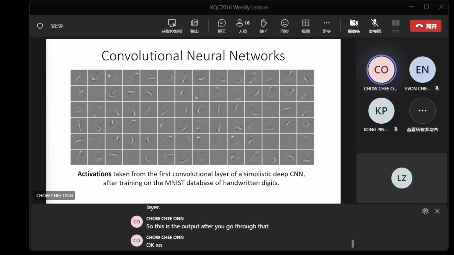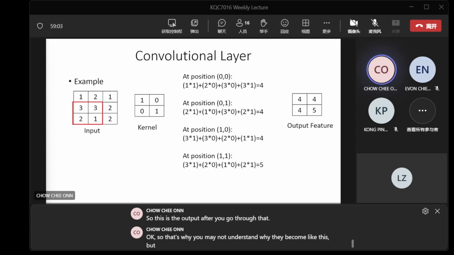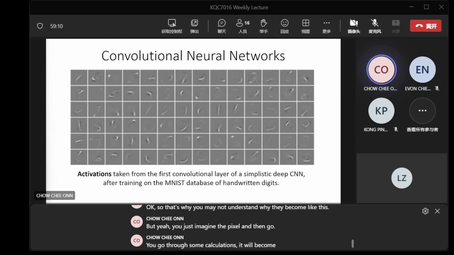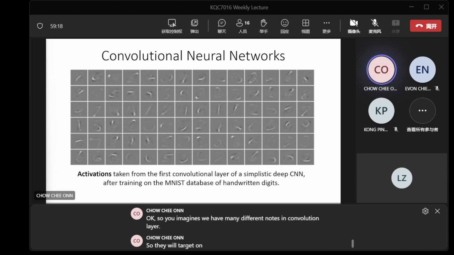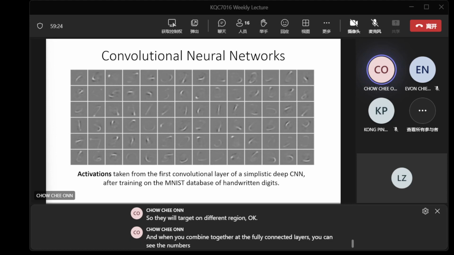You may not understand why it becomes like this, but just imagine the pixels and then you go through some calculations, and it will become like this. Imagine we have many different nodes in the convolution layer. They will target different regions. When you combine them together at the fully connected layer, you can see the numbers.